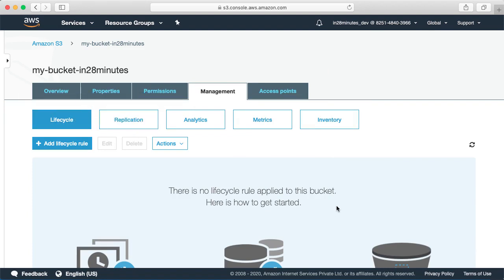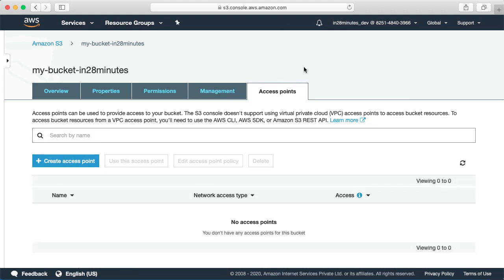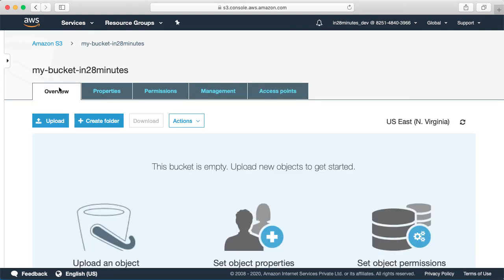Lifecycle management, I can do replication, I can generate analytics and metrics, and also I can generate an inventory report. And I can configure access for other services for this specific bucket. As you can see in here, S3 is a very flexible service offering you a lot of options. Let's discuss each of these step by step.